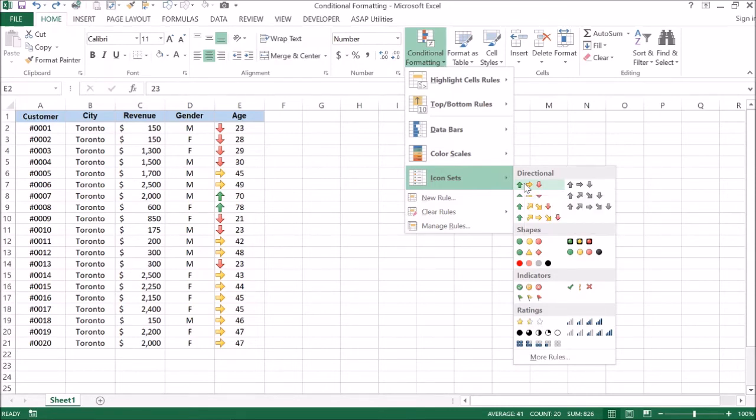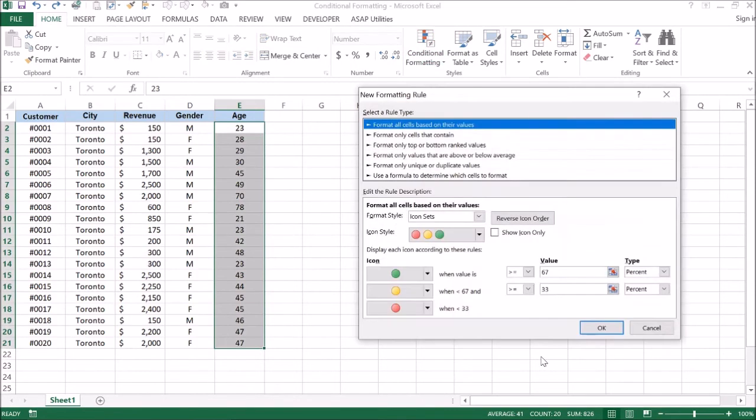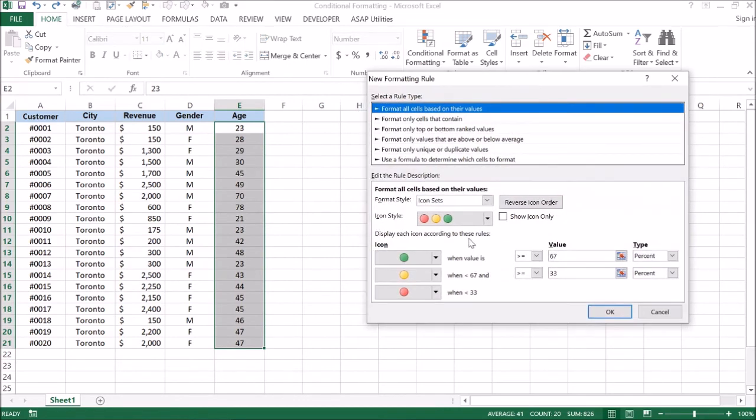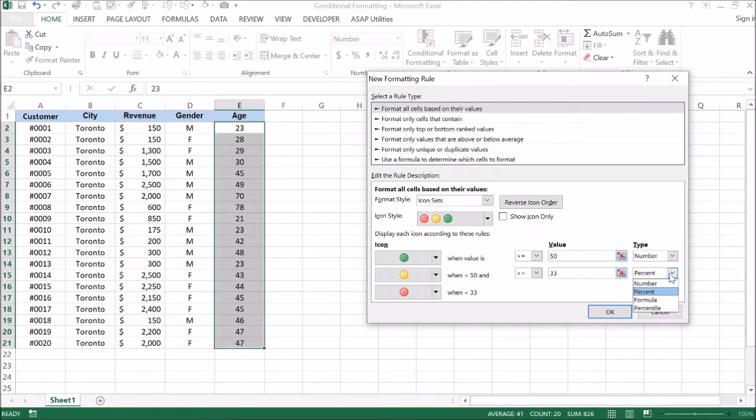And what is really interesting is that you can go to more rules and you can customize how you want to show this data. So for example, here I have an icon set and I can show it in green if the values are greater than say 50. And I can change that to number because my data here is numbers, and again I have to change that to 50. So anything that is above 50 would be represented by a green circle, and for yellow, let's say we put everything which is a number and is greater than or equal to, let's say, 25